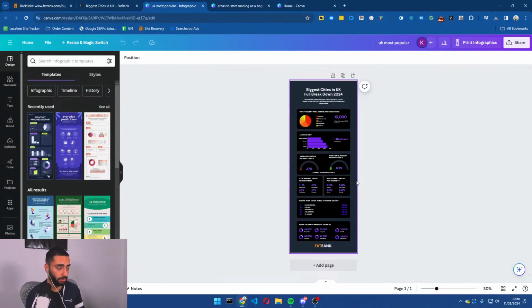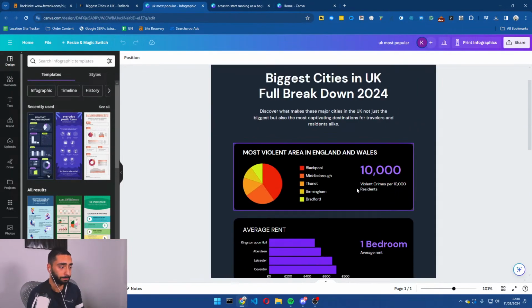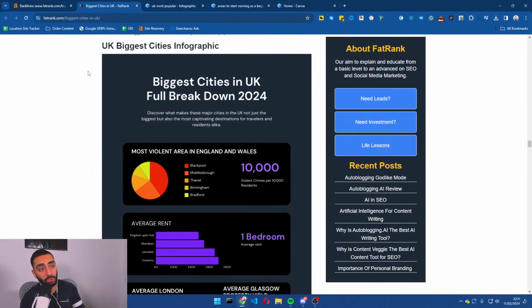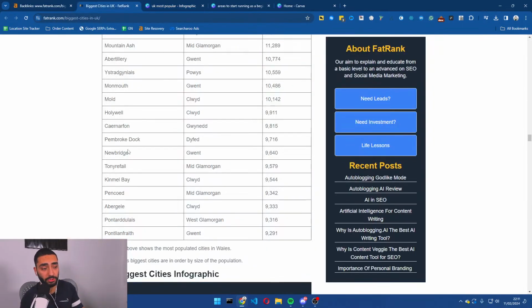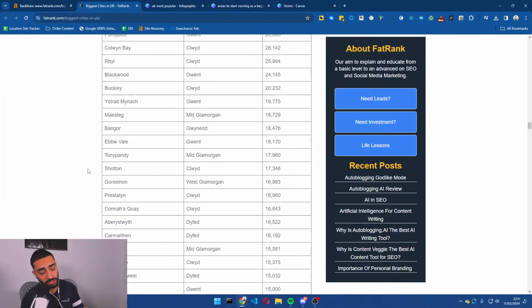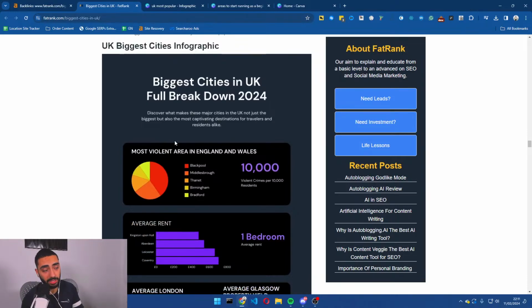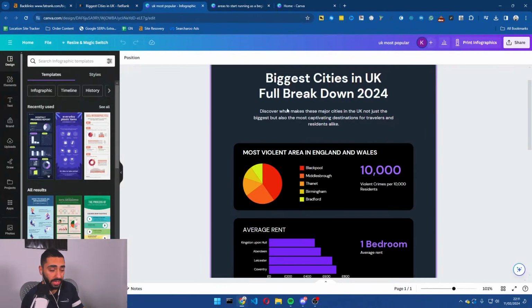So if I just show you this example here, right? What I decided to do is I thought that the biggest cities in the UK, we could probably get a couple or a lot of websites that are essentially to do with small businesses or to do with investment linking through to us, because this page here is first of all talking about the biggest cities in the UK, but you can also tie in which areas to invest in the UK. So that was the angle that I essentially went for this page.